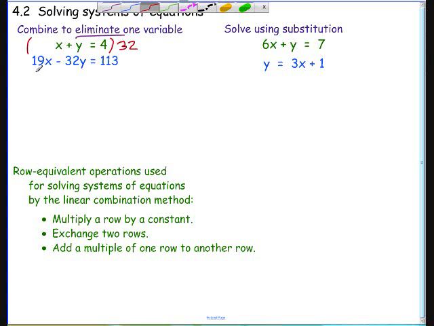I'm going to rewrite it down here. So I'll have 32x minus 32y equals, if I multiply 32 by 4, let's see, I get 128, don't I? Okay, so now I'm going to add these, and this will give me